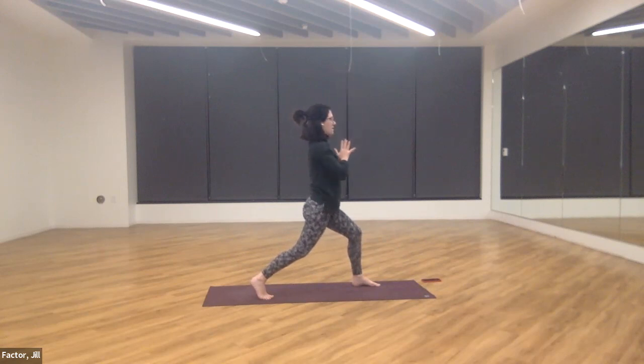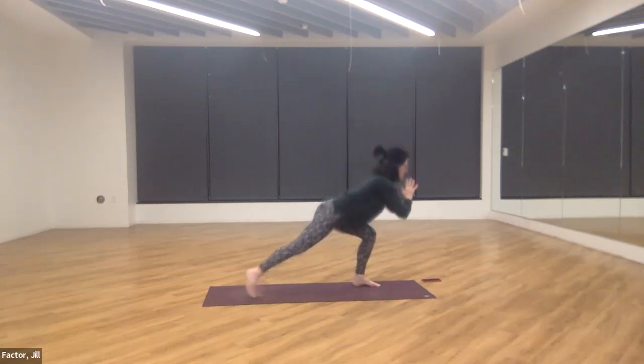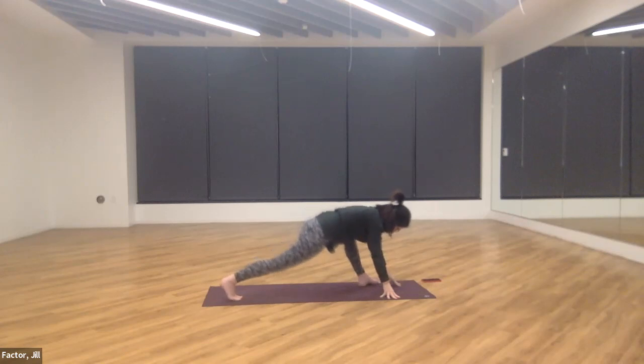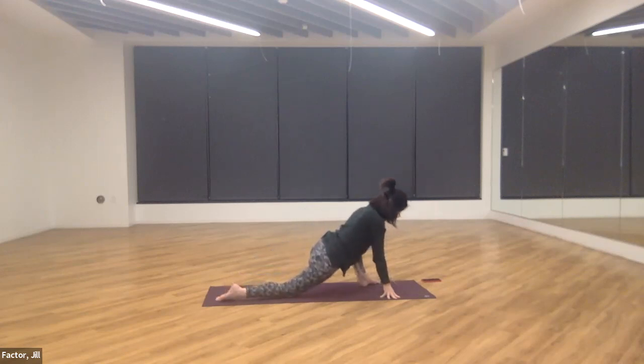Exhale, hands to heart. No rush. Reach forward. Rotate towards the left. Squeeze muscle to bone. At the same time, relax into your breath. Inhale. Exhale, runner's lunge. Again, I really take the time to angle my left heel in, to angle my left toes